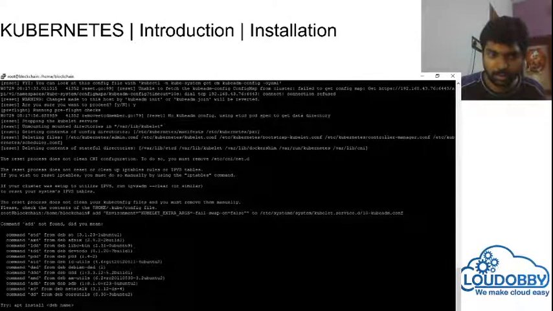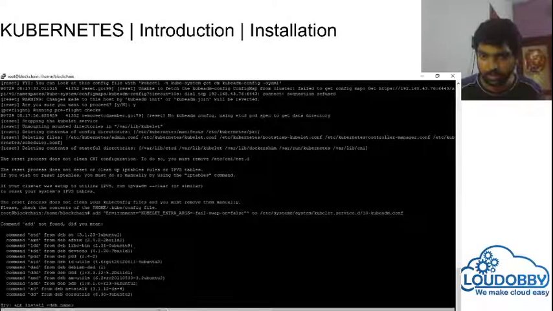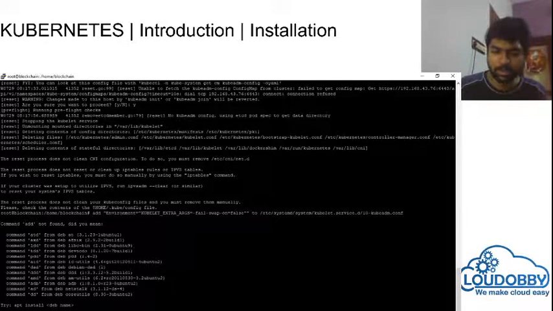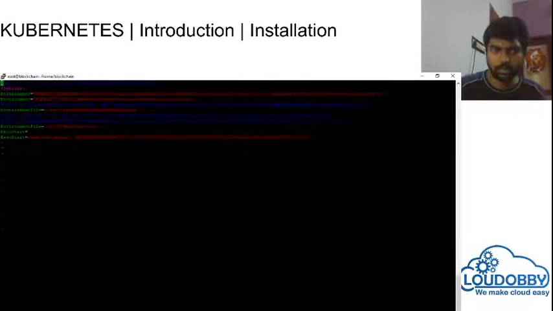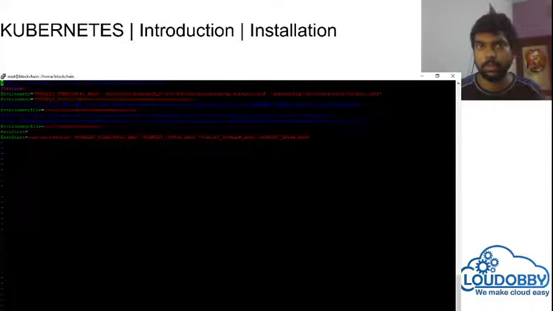Let me try to go to the file. I'm going to use the vi editor. First, I'm going to add the environment setting to false.